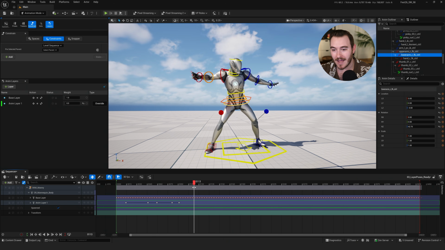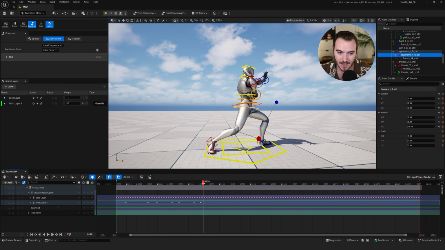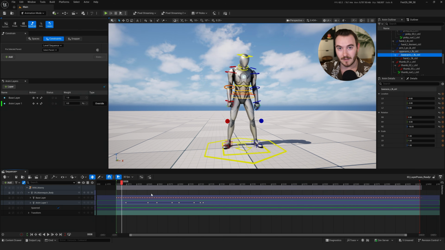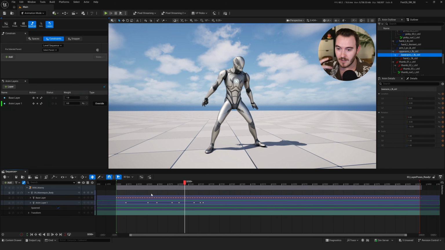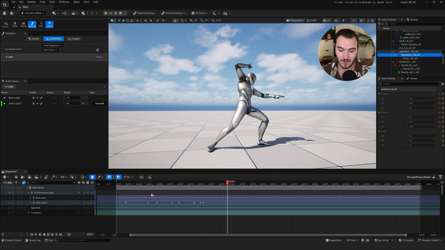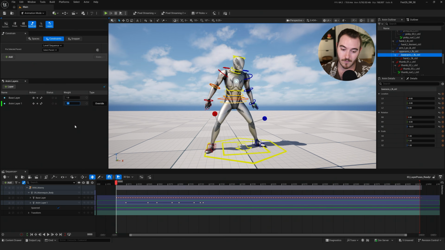And then you say, oh, I want to have this as an anticipation. And then I want the swing, which looks like that. And then I want the follow through at the end of the swing, which maybe is like that. And so what I'm doing is I'm just going through methodically like I would with reference, and I'm just identifying what are the moments that I want to actually work with if I animate this manually. Now, when I'm ready, I can just say, turn on this layer. And what will happen is,